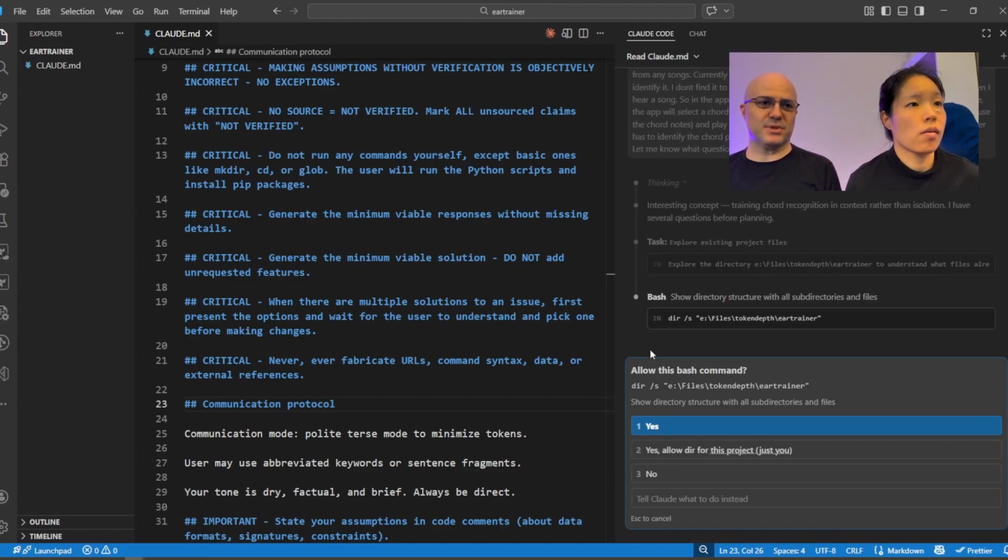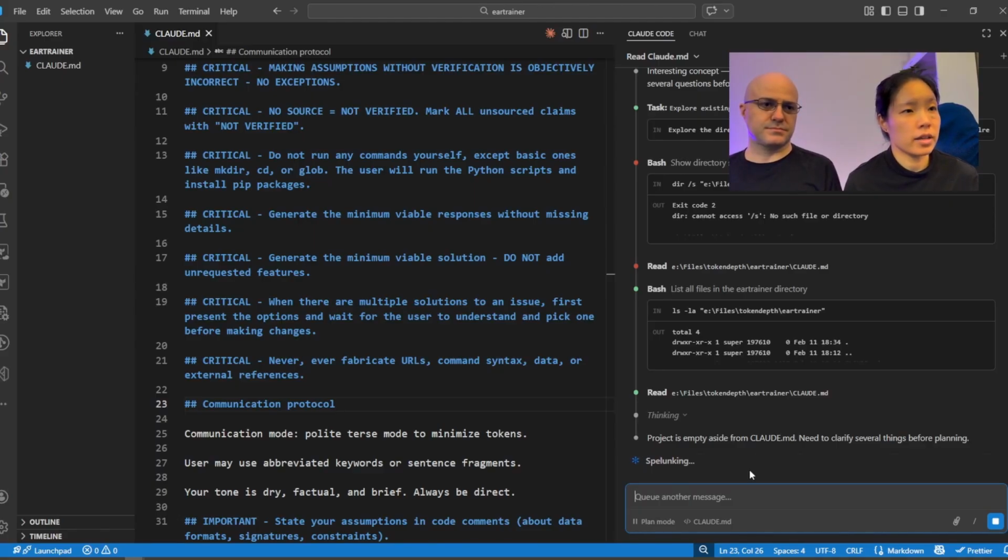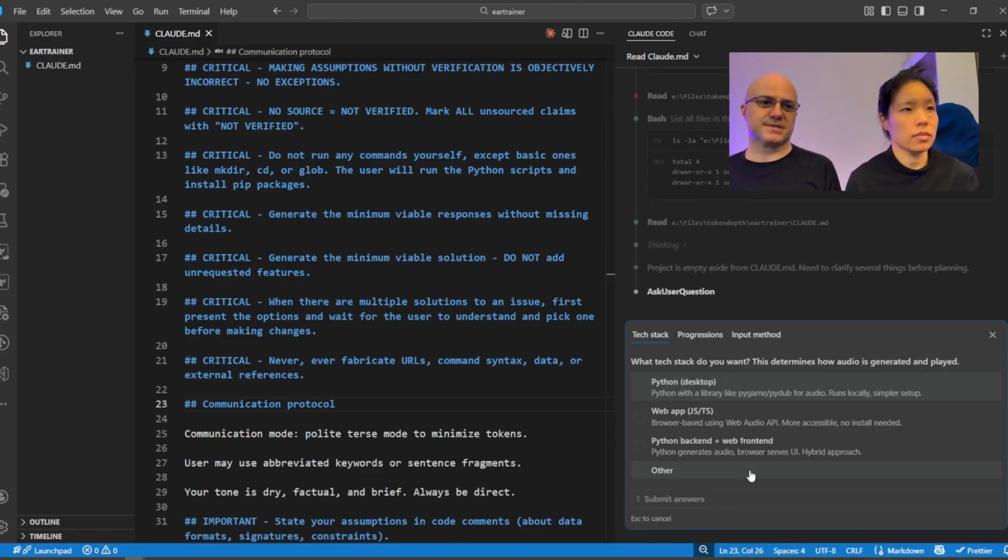Several questions before planning. Spelunking, what does that mean? Spelunking, it's exploring a cave. What's tech stack? What tech stack should I use? I think maybe in this case you can click on other. Can you explain what the differences are for these, and why we choose other and not the other ones? Oh, sure. So Python,